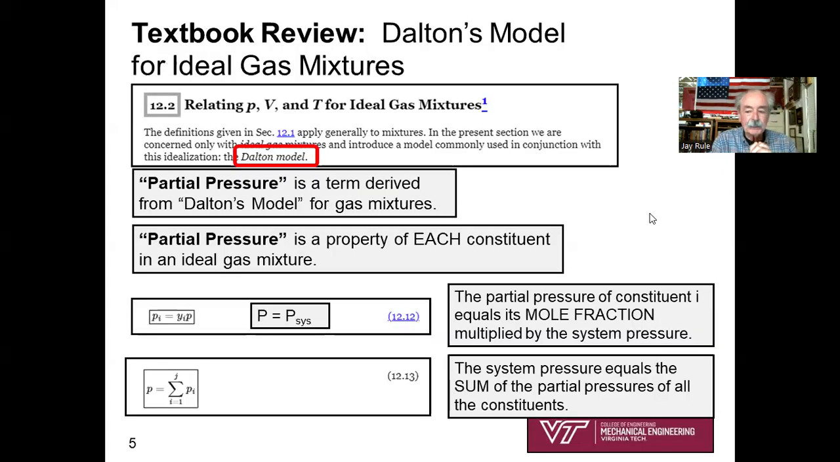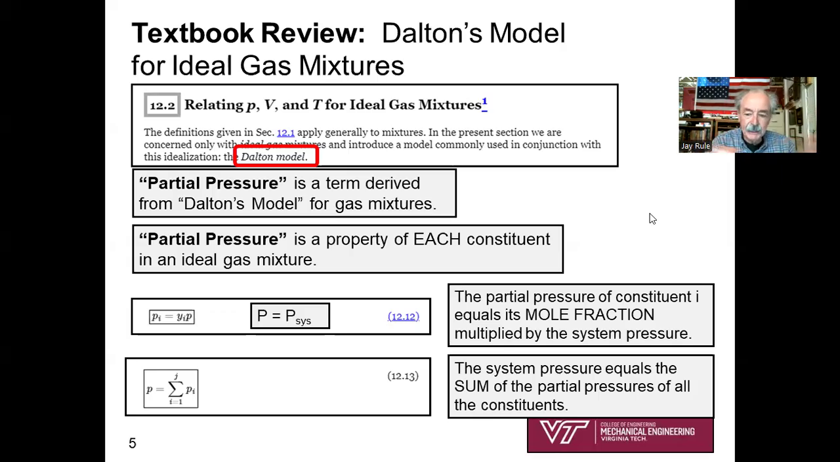The next thing in chapter 12, as you read through your textbook, section 12.2, you're going to encounter a model for ideal gas mixtures called Dalton's model. Dalton's model introduces the idea of partial pressures. You may have heard that jargon before. You might not have. That's okay if you haven't. But a partial pressure is derived from Dalton's model for mixtures. And the partial pressure is a pressure property of each constituent,